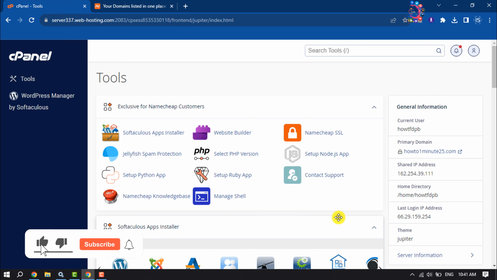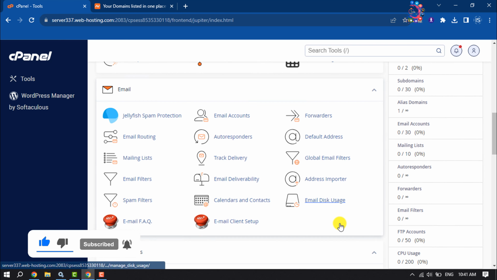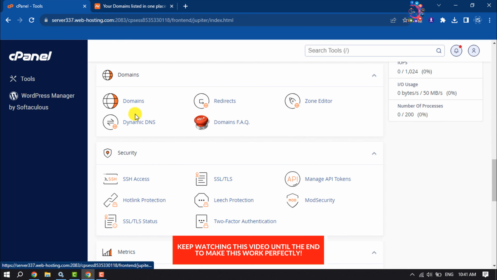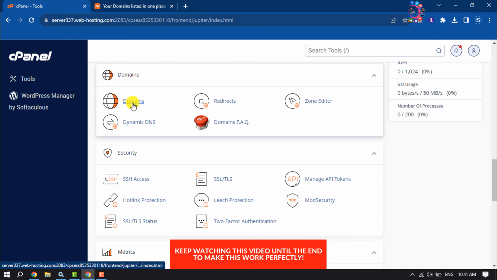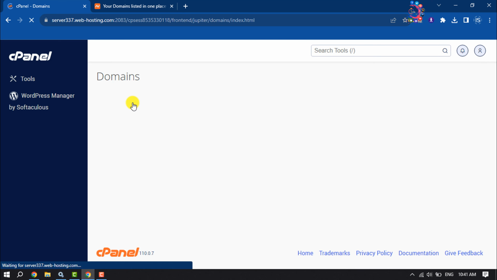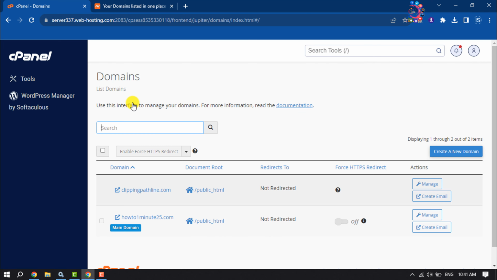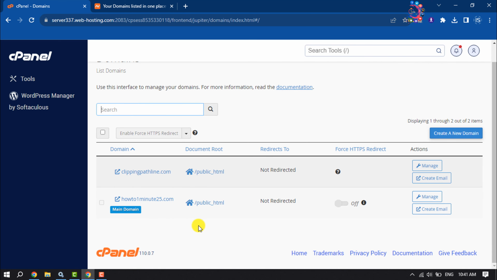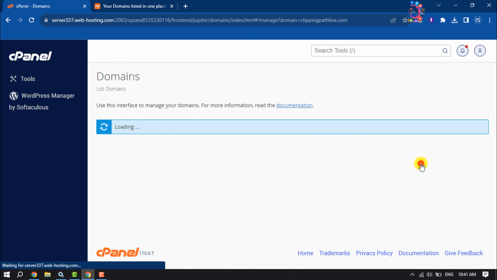First of all, open your cPanel and scroll down under the domain section. Click on Domains. And here you will get all of your active domains. For example, I want to delete this domain from my cPanel. So I'm going to click on Manage,